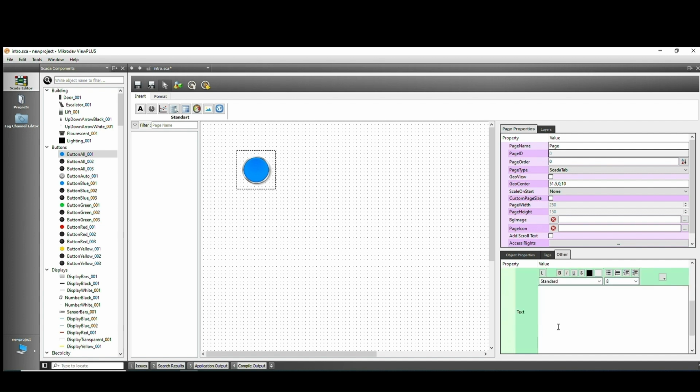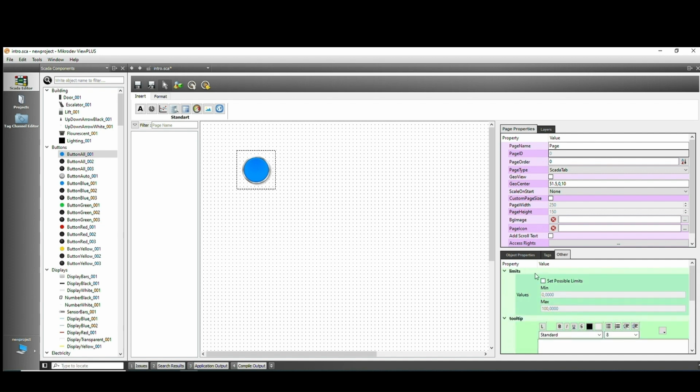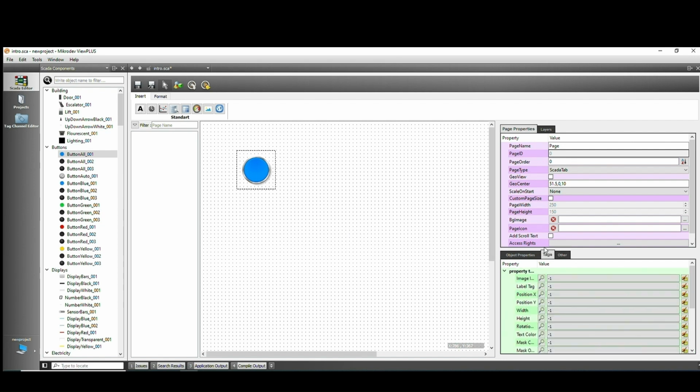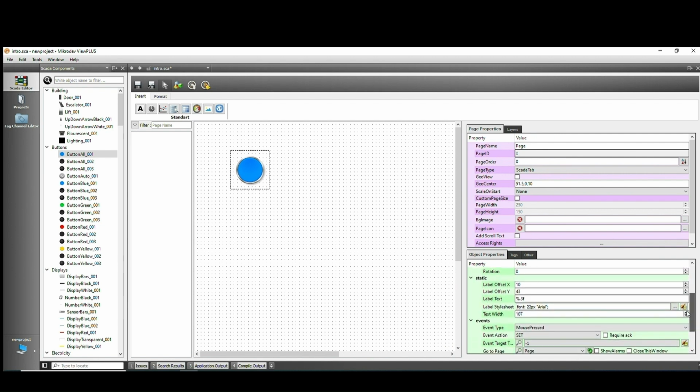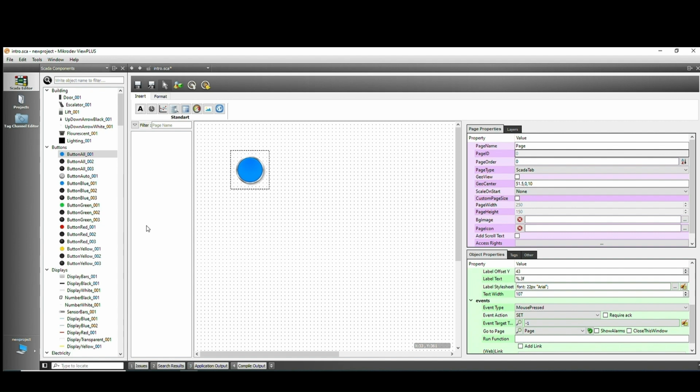Tooltip option shows the expression you want to see when you hover over the component with the mouse cursor. With the Limits option, you can determine the minimum and maximum value range that you can set to a component. When a value outside this value range is entered, it will not be set to the component. The Tags header allows you to assign a tag to the component. You can control the component's dimensions and event actions in the object properties.